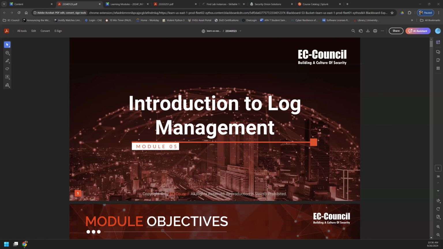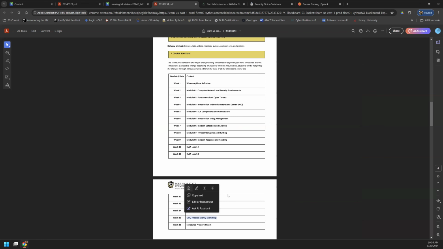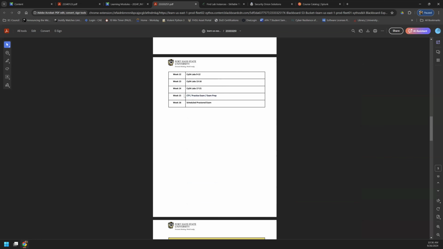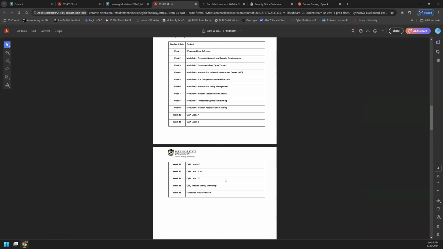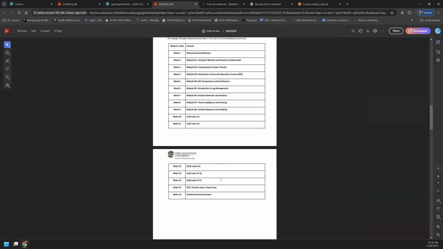So that's one project I had slated towards the end of the semester, if we can get to it, this quote CTF. That was either going to be me setting up a capture the flag event for you guys to do as a final assessment, or I'm planning on having you guys set up the SOC for our corporate network that we're building out. It's kind of a fake